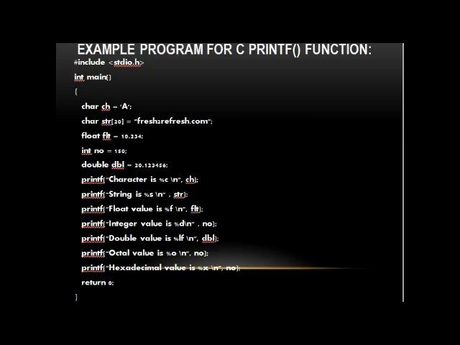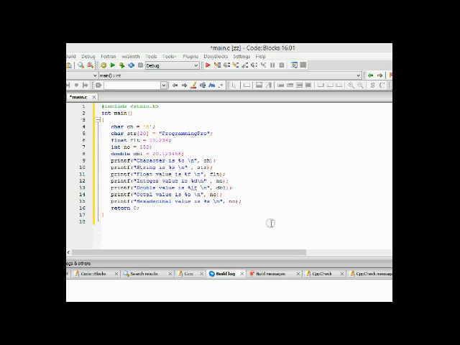Next, an example for C printf functions. Let us execute this in C. Go to your Code::Blocks, open it and type this program. Let's see how it is executed. First you have your header file, then your main function, then your